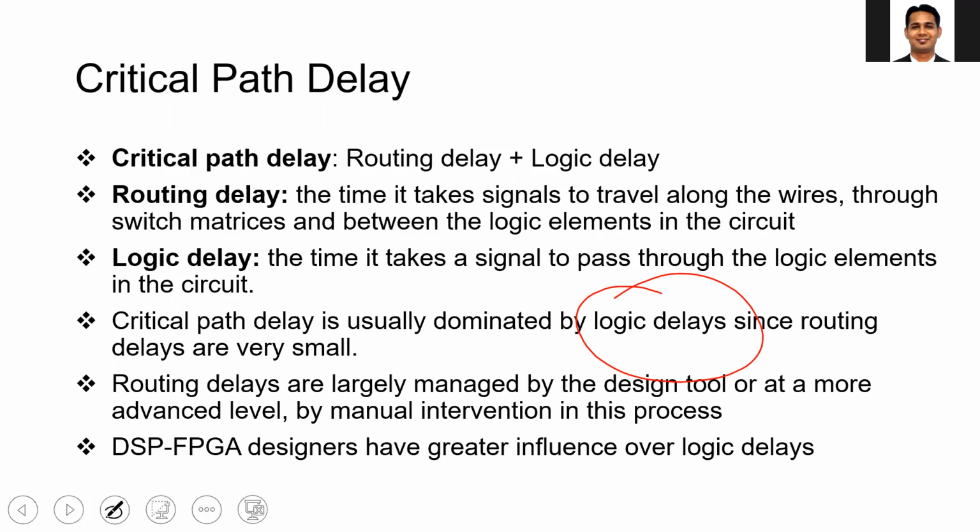In the beginning, we saw that your clock period depends upon the clock skew, clock to output period, your setup time, and the conventional circuit delay. Then we said let's ignore the rest and focus on the conventional circuit delay. Inside the conventional circuit delay, there are two delays, routing delays and the logic delay. We are saying that the routing delays are very small, so let's ignore that and focus on the logic delay.